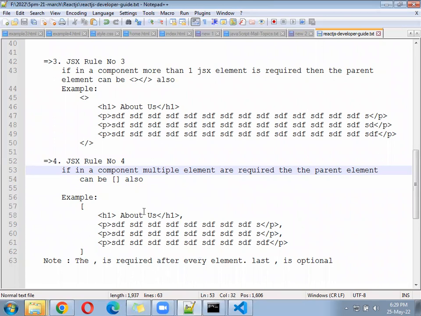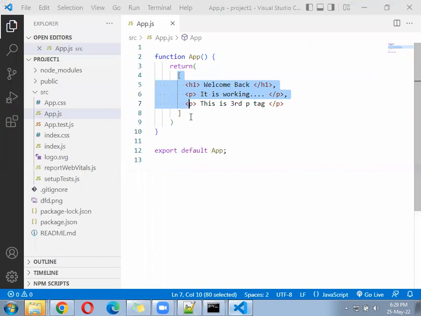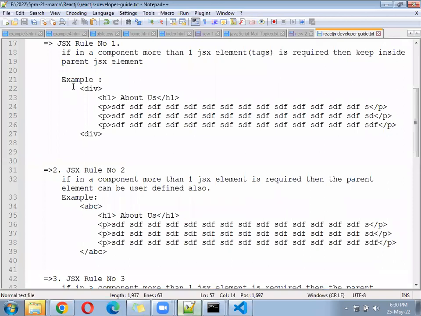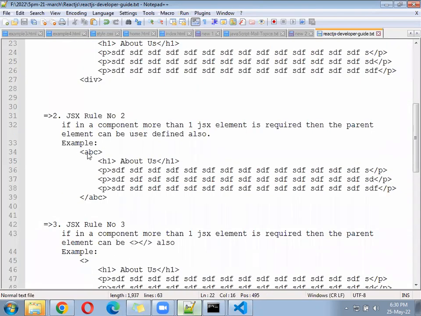Next, after this, when we look into our code here, how many options did you find? Total 4 options. In that, this is the last option. The array concept what we have written is the last concept. But out of these 4, if you ask which one is the most preferable, which people use in the market, most of the time you are going to use the first one. In case due to tag mismatch or tag CSS dependency your page is breaking down, you can use the user defined tag also.